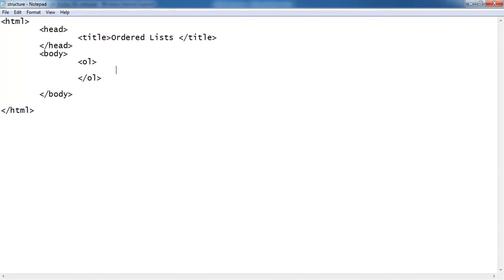Every list will have some list items. You specify list items by using a tag called li. For example, I want to specify a list of some countries. First I will specify the list item as India. Close the first list item. Then the second list item as